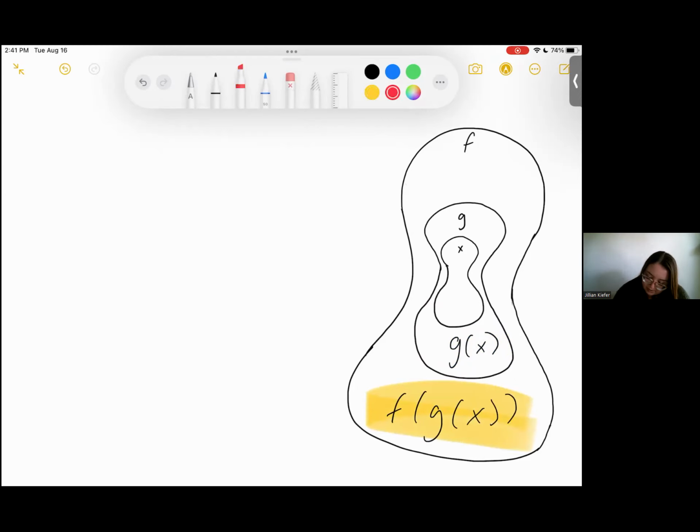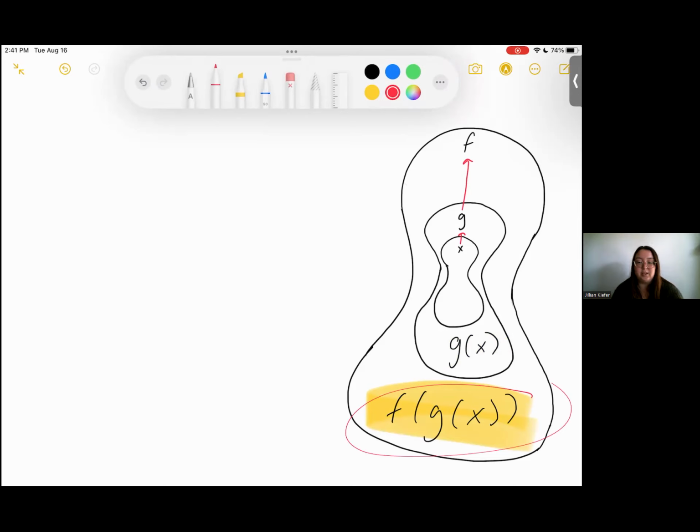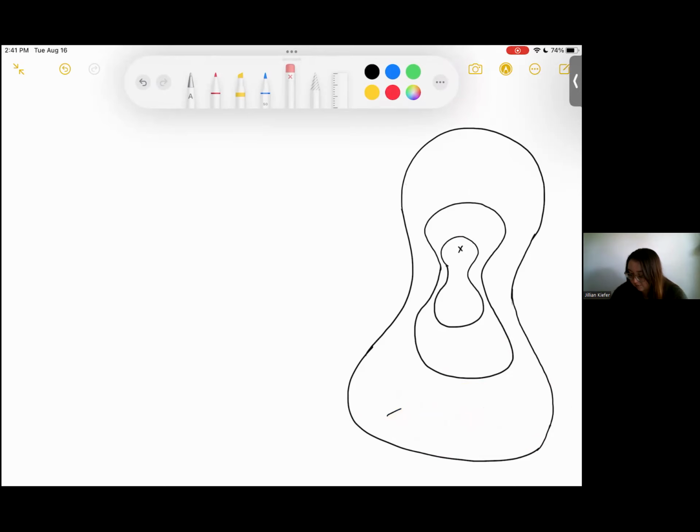So we kind of saw this order here. We saw x went in g, and that result went in f. And that gave us our final result of f of g of x. So that is the idea behind our composition functions here. And they don't necessarily have to even be in this order. If we go ahead and we kind of reverse this order with what's f and what's g, we see it come out quite a bit differently, although the